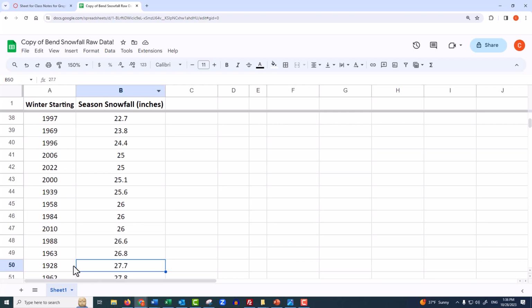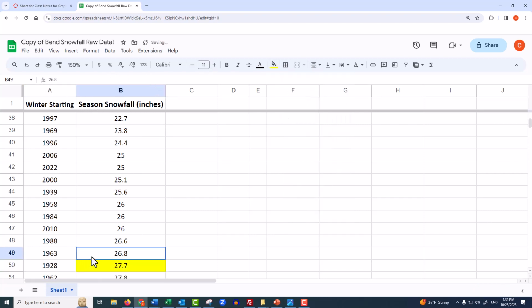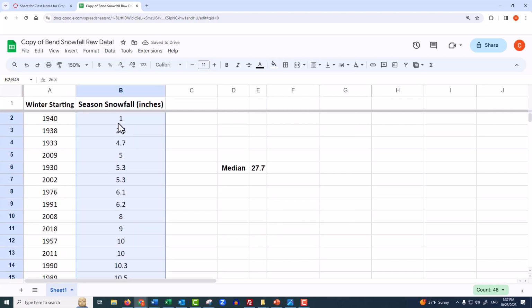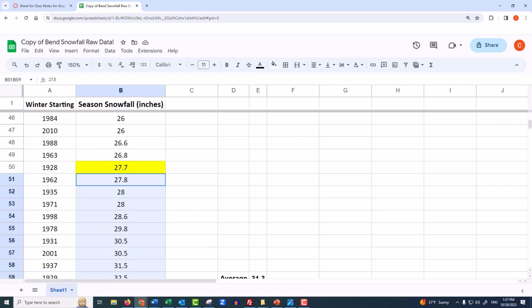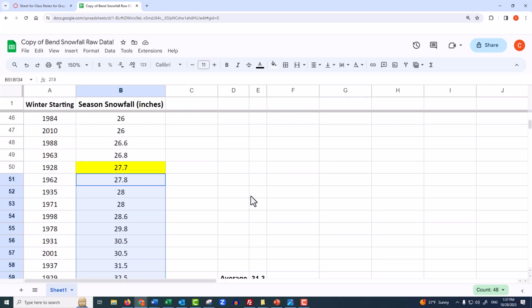Oh, let me just see if I'm right. So actually, I don't need the year 1920. I need the amount of snowfall. So let me just, I'm going to color this and let's see if I did it right. Did I count over 48? I did. I counted over 48, which means there's 48 below and there's 48 above, which means I found the one in the middle,